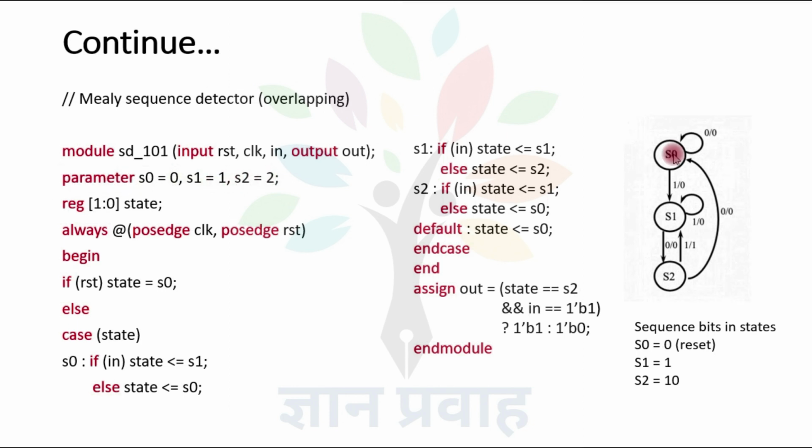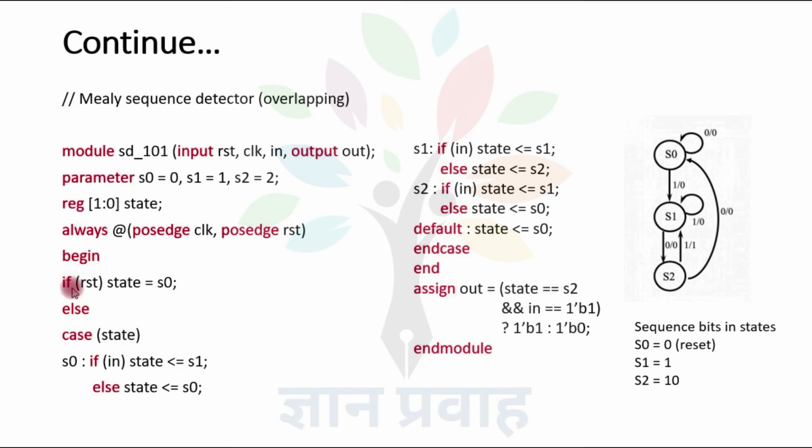2 bits are required to model a state, so we are defining a vector here [1:0], that is a 2-bit number, for state. The states are holding values, which means they should be reg data types, so we are using the reg keyword here. Then there is the procedural always block with an event condition. If there is any change in this event condition, then this procedural block will be executed.